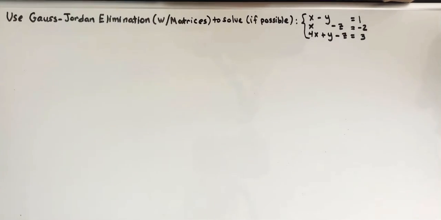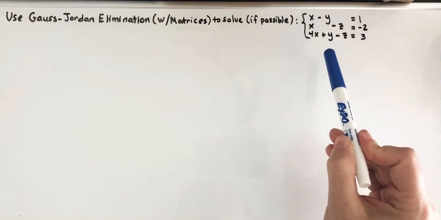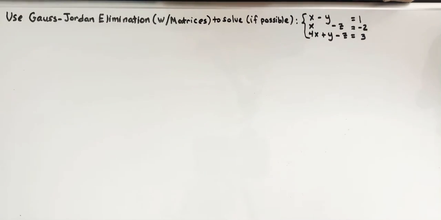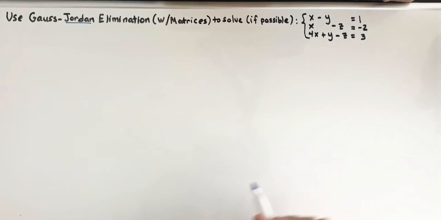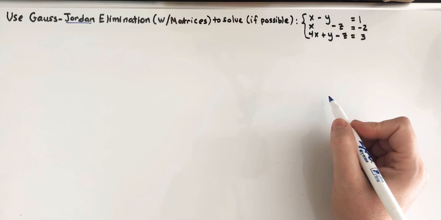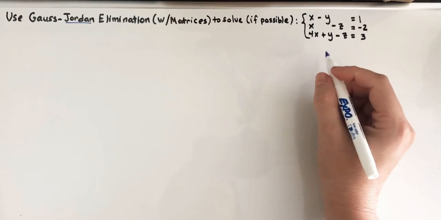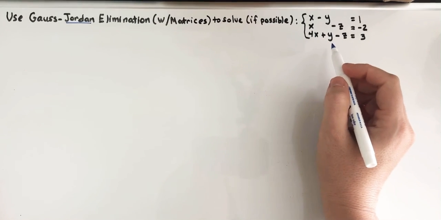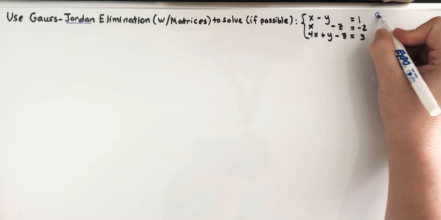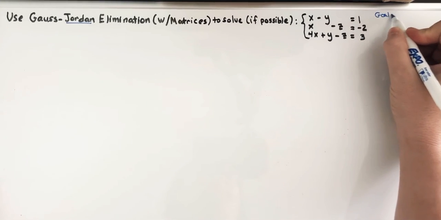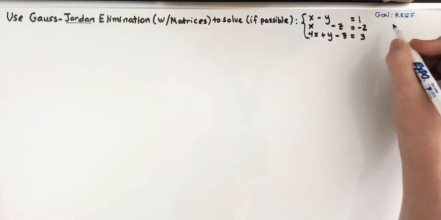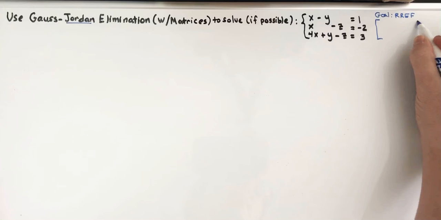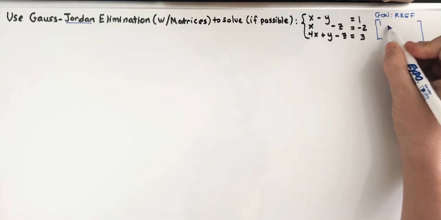Class, I wanted to make another video showing an example from a homework type of problem where you're asked to solve a system of linear equations using matrices and Gauss-Jordan elimination. So whenever I see Gauss-Jordan, notice that this is asking us to use an augmented matrix and row operations to transform not just a matrix into REF form, but our goal should actually be RREF form, reduced row echelon form,